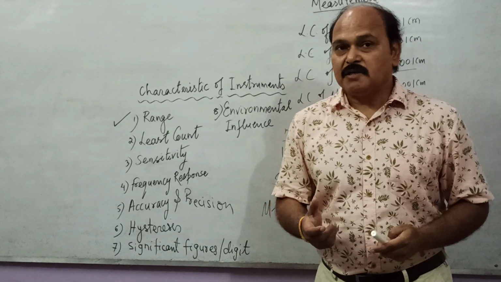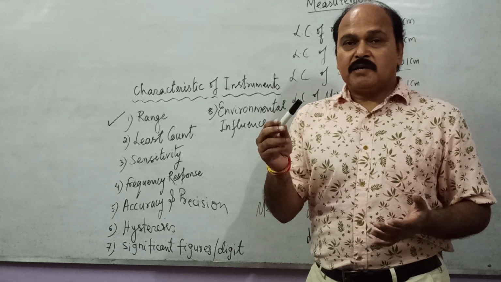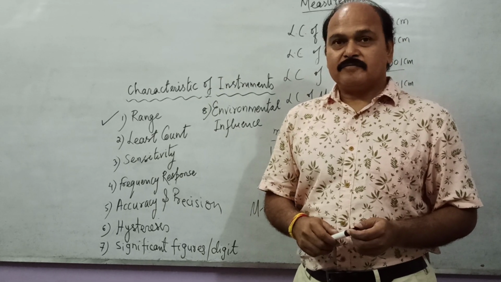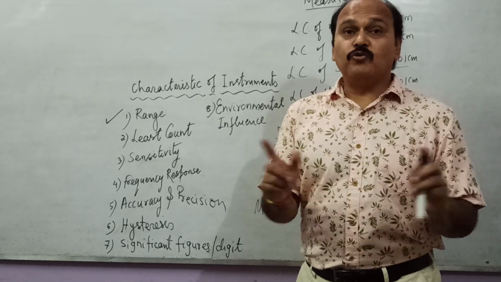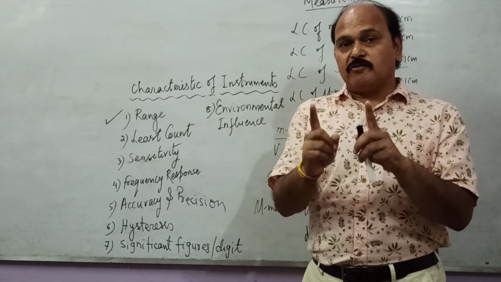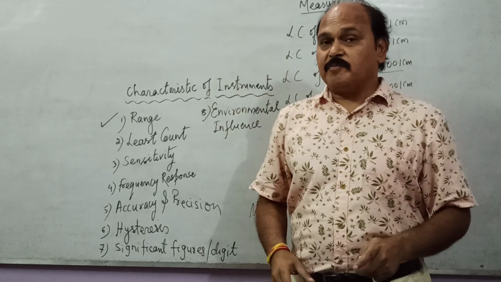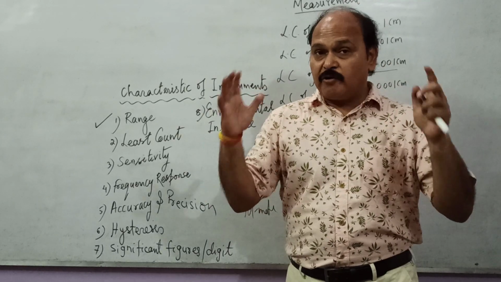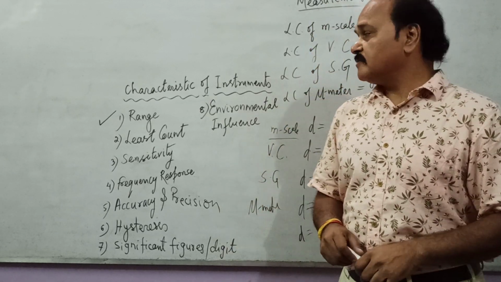Like clinical thermometer. Clinical thermometer is used to measure the temperature of human body. It can measure temperature from say 85 degree Fahrenheit up to what? 110 degree Fahrenheit. But can that be used to measure the temperature of boiling water? No. Every instrument measures certain fixed set of values starting from its minimum value to maximum value, and that is the range of the measurement by an instrument. And depending upon the magnitude of the quantity, we select the appropriate instrument, the instrument of appropriate range.